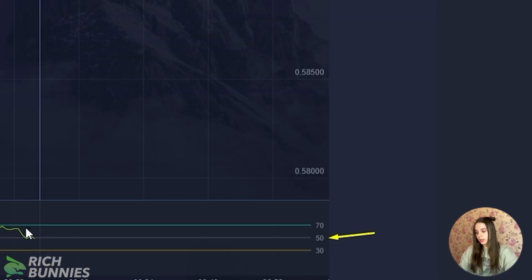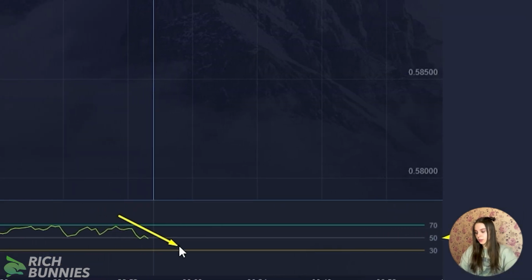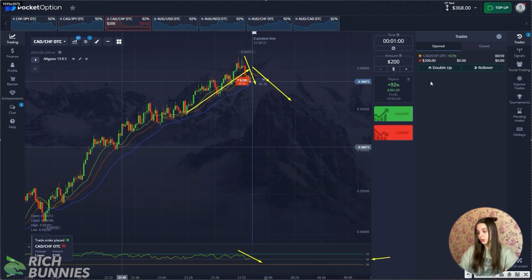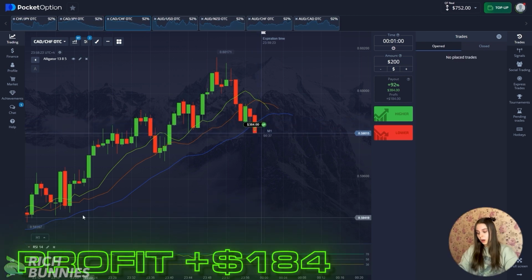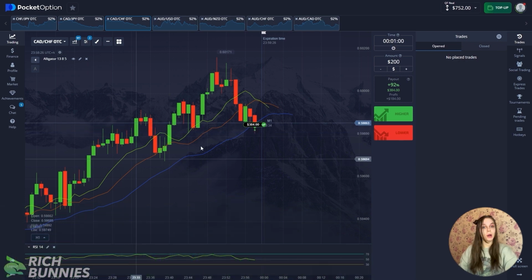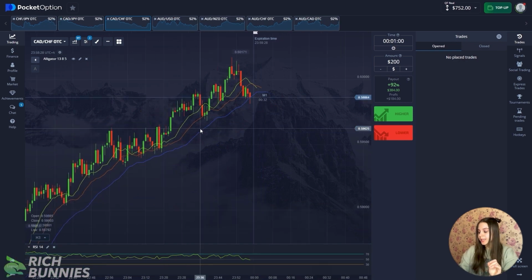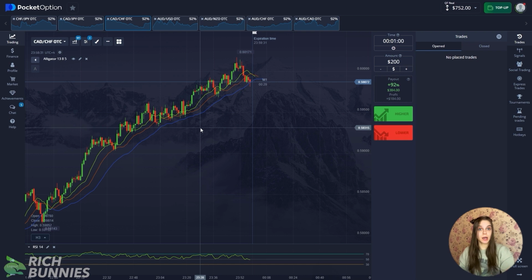Also, we have approached and are starting to cross our border at the value of 50, and the general situation is a downward trend. So let's look. And this trade is also closing in plus, and our profit amounted to $184,